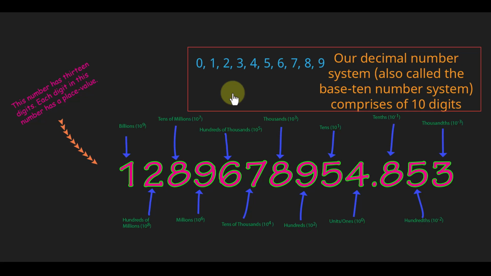In this video, we're going to look at the place values in the decimal number system. So our decimal number system has 10 digits that we can use from 0 all the way to 9. Sometimes this is called the base 10 number system. So here I've got a number, a decimal number,